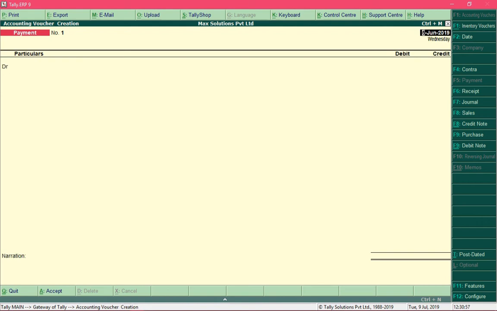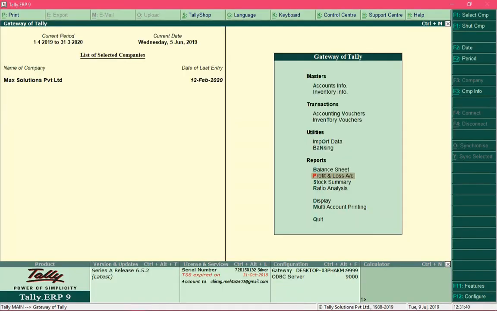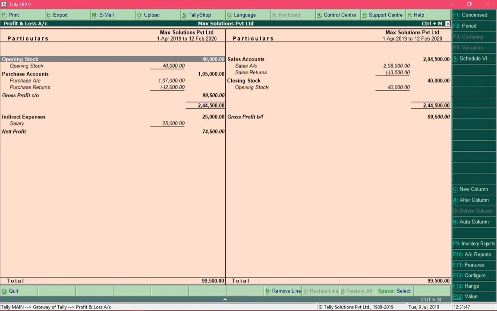So alright, so we are done with most of the entries, and I guess we are left with only one entry, which is the closing stock entry. So at the end of the year the closing stock was valued at rupees 15,000. So we need to update this information in our books. So to do so, open the profit and loss account statement and press Alt F1 to expand the details.